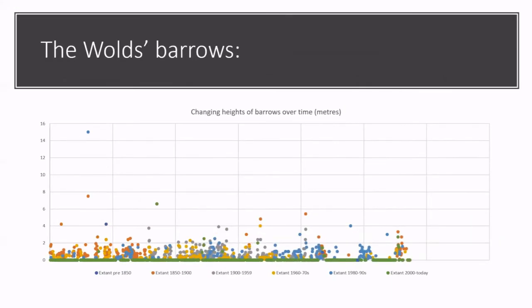So I just wanted to show you what has happened to them over time. Now, I must say that this particular blue dot, which is 15 meters high, on the left of the grid, is Duggleby Howe round barrow. And obviously that is very much extant. The other monuments, as you can see, as time goes on, the dark blue is very difficult to see and there aren't very many dots. There were a few that were visited before 1850, only a couple. Obviously, between 1850 and 1900,